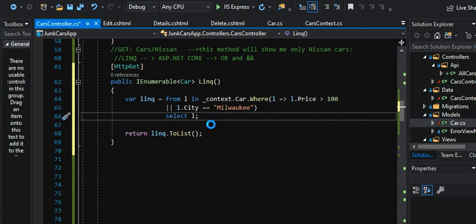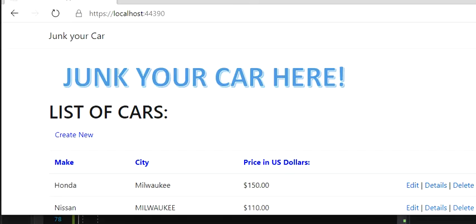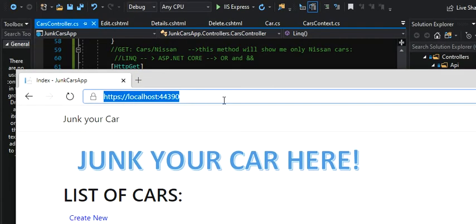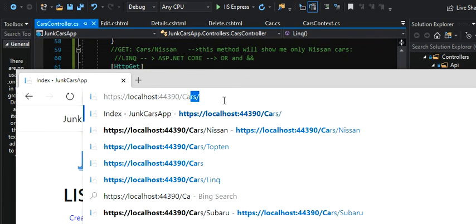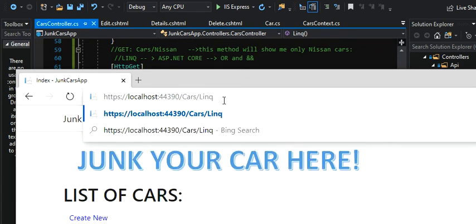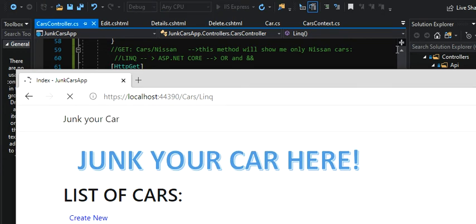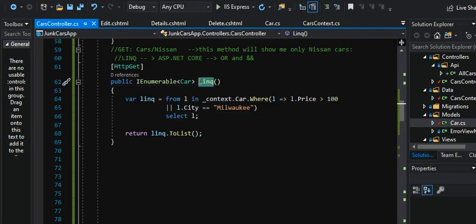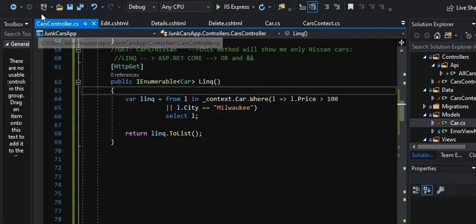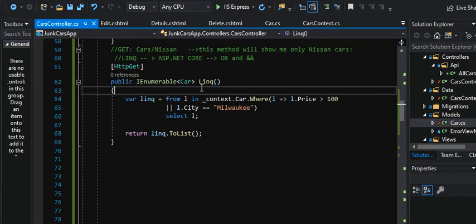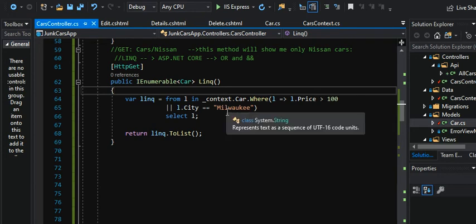So if I save this, and then if I come here and type slash cars, which is my controller, and then slash link, which is my method. So this is my method. The convention goes like this: controller slash method. Okay, so if I type these 2 conditions, then I should be getting